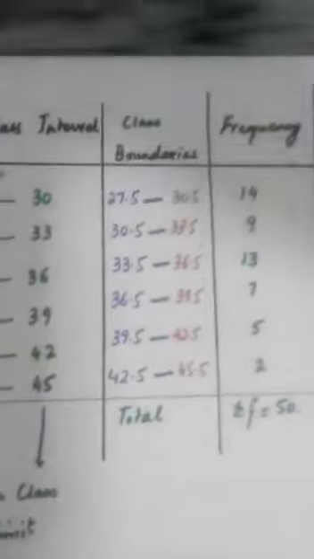And the first column here is showing the class interval, the second one the class boundary, the third one the frequency. Now the class interval actually shows the set of data ranging from 28 to 30, 31 to 33, 34 to 36, 37 to 39, 40 to 42 and 43 to 45. The blue ones that you can see here are called the lower class limit, the green ones the upper class limit. Then there is a method to find out the class boundaries, because we will be needing it for the drawing of the graph or the histogram, for the representation of frequency.